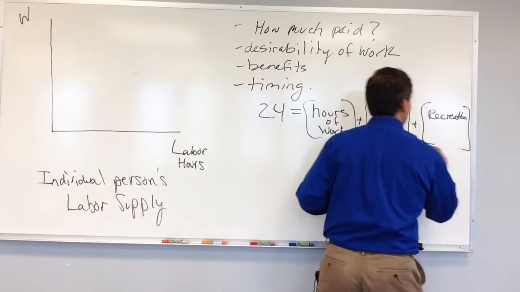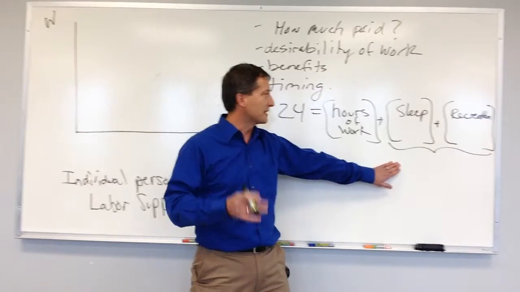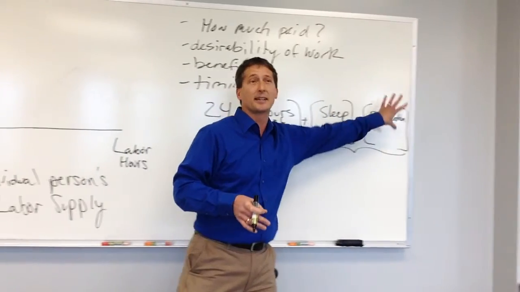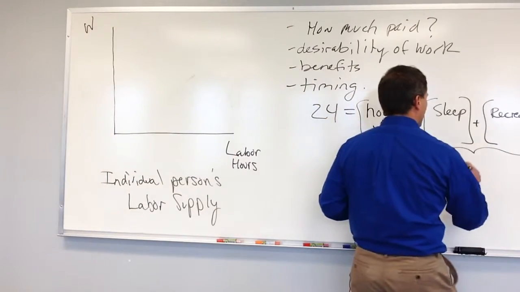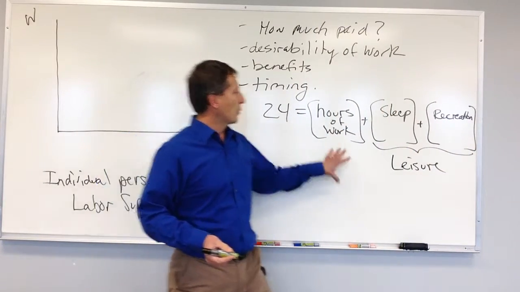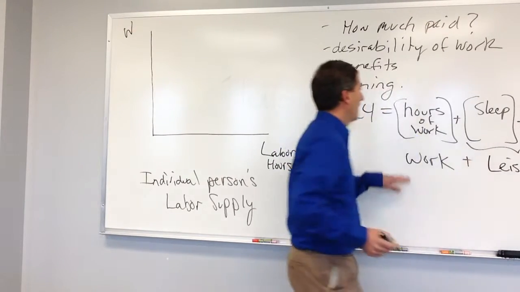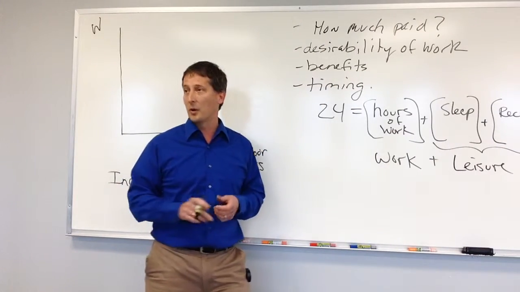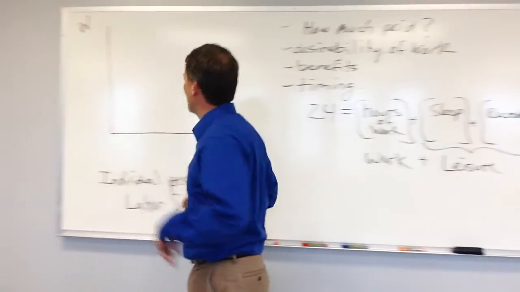Now you can bring in sleep. In fact, I did a little bit of that with my dissertation work. I entered a sleep time into it. So if you have data collected on that stuff, great, you can use it. But otherwise, for the most part, we can just think of leisure. So we've got work and leisure. Hours of work plus hours of leisure have to add up to 24. All right, back to our graph over here then.